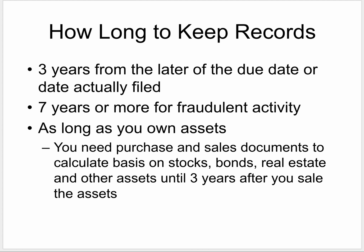We discussed a little bit briefly last slideshow about tax fraud. In the event that you have committed tax fraud, or if you have grossly understated your income by omitting some items, then you may be looking at a 7-year statute of limitations. So, if you have a complicated return and you've had to exercise some judgment in taking positions on that tax return, then you probably want to keep it for a longer period of time. But for most of us with a fairly simple return that's pretty clean cut, then 3 years is probably